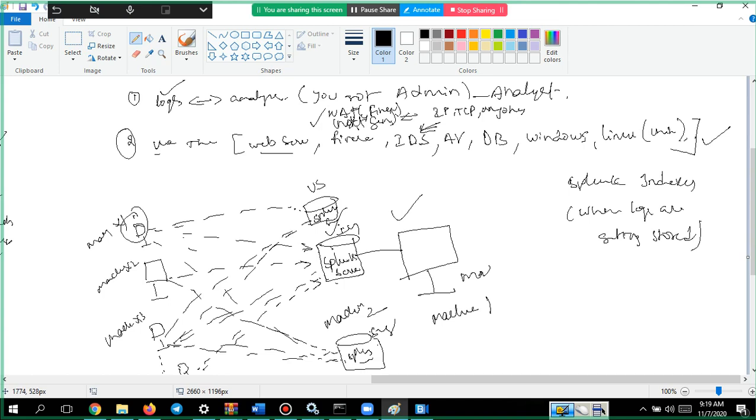If any one particular site, meaning location, goes down, you have a backup in two more locations also. Am I correct or not? So for redundancy, you'll be keeping multiple copies of the data.